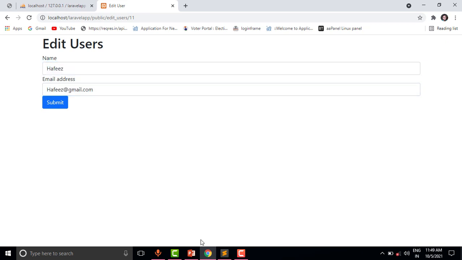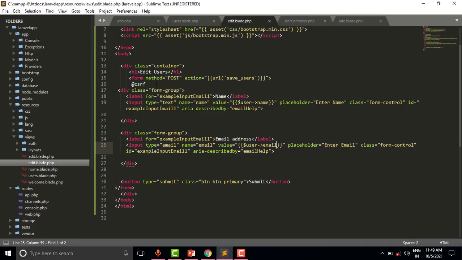So let us create a new function. When we click on this button, it will update the records. First of all we will rename the button to update.